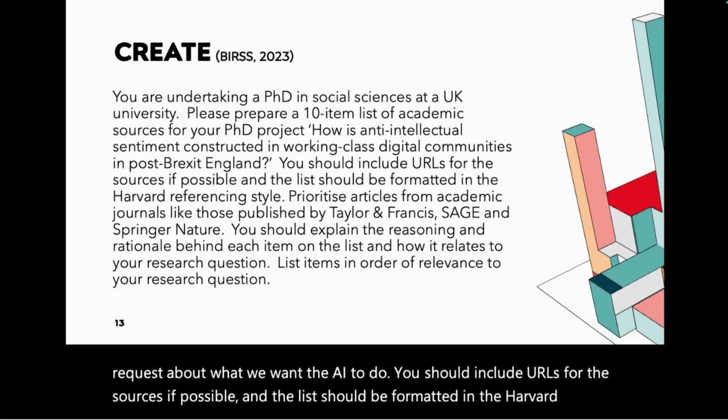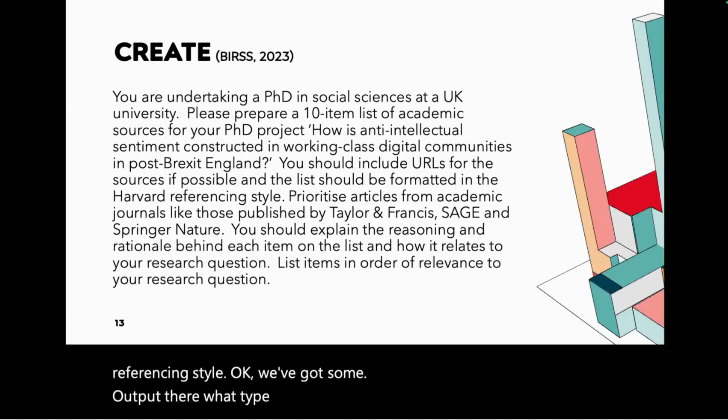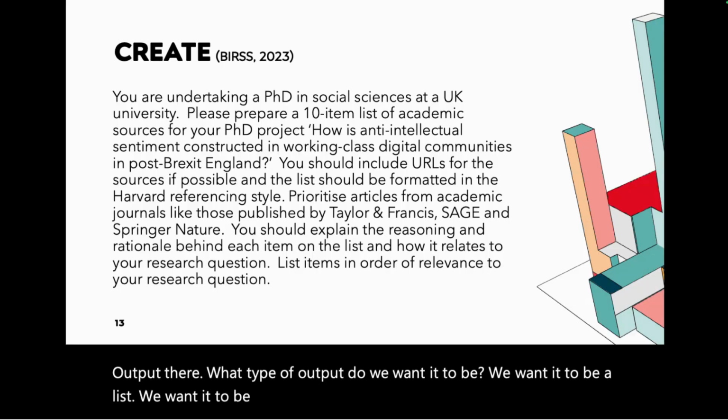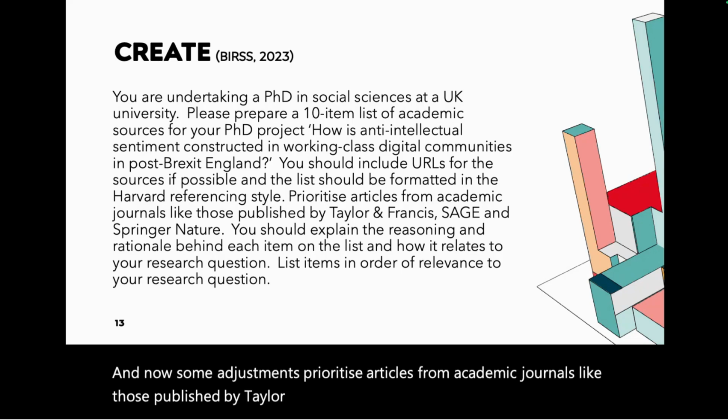Okay, we've got some output there. What type of output do we want it to be? We want it to be a list. We want it to be Harvard referencing. And now some adjustments. Prioritize articles from academic journals like those published by Taylor and Francis, by Sage, by Springer,